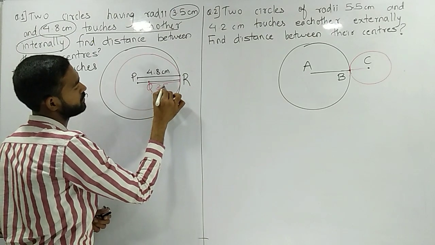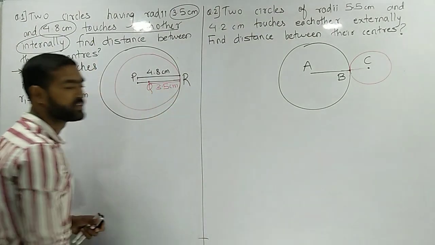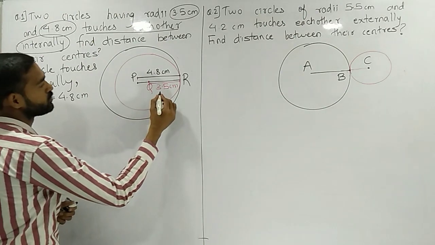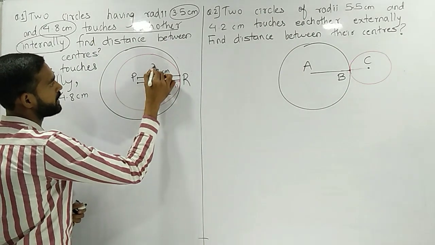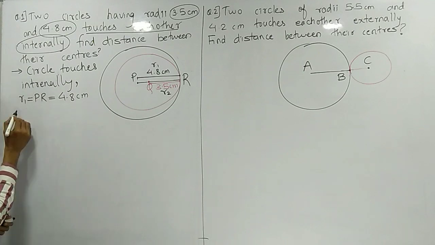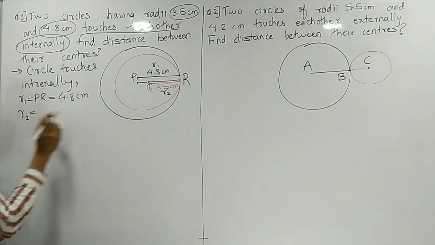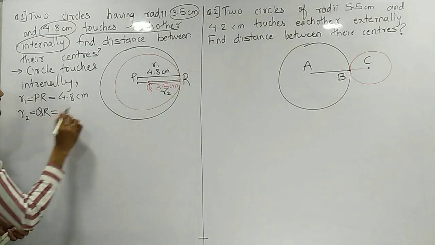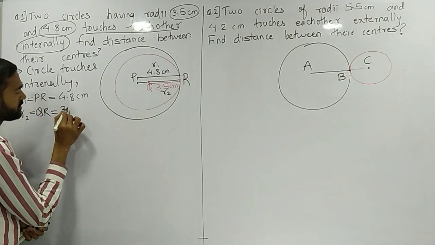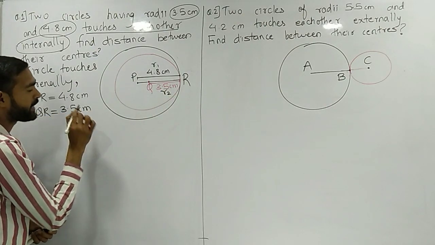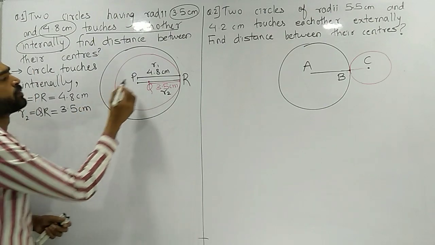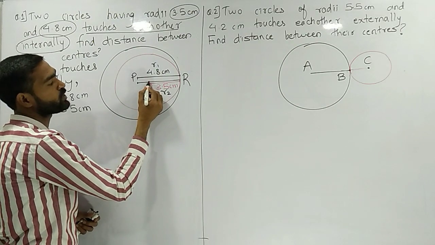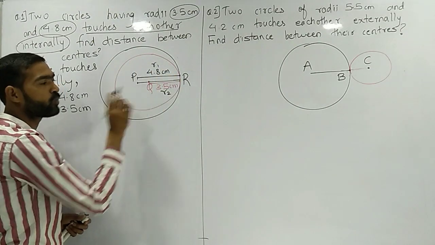centimeter. So we'll write here 3.5 centimeter. This is my second radius, so we'll name it R2. The earlier was R1, so I'll write here R2. The name is QR, and the distance, as you can see, 3.5 centimeter. P is the center of the bigger circle. Students, Q is the center of the smaller circle.